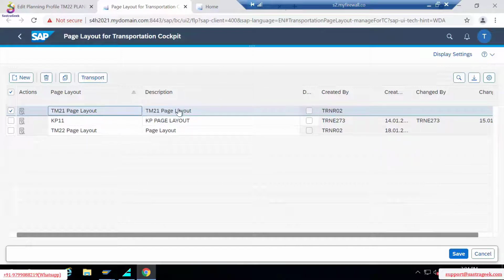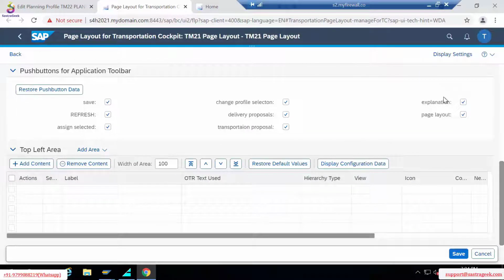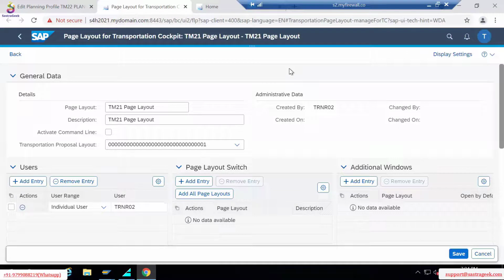Once you enter the page layout and the description and all that, there is one button here. This is an actions button. If you click on it, the details of the transportation cockpit should be given, and all actions related to those details have to be performed here. You click on this particular button, then it will give you another screen, and this is the place where you will create your page layout for transportation